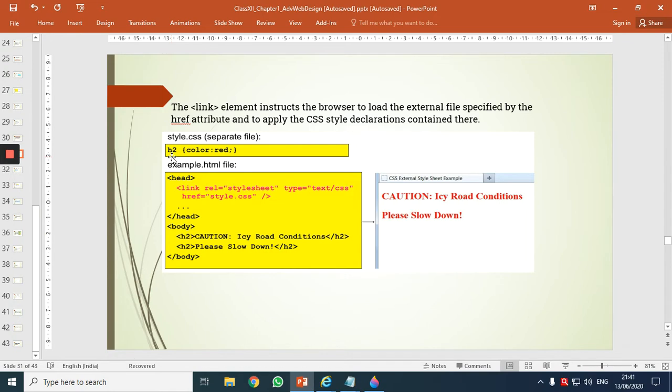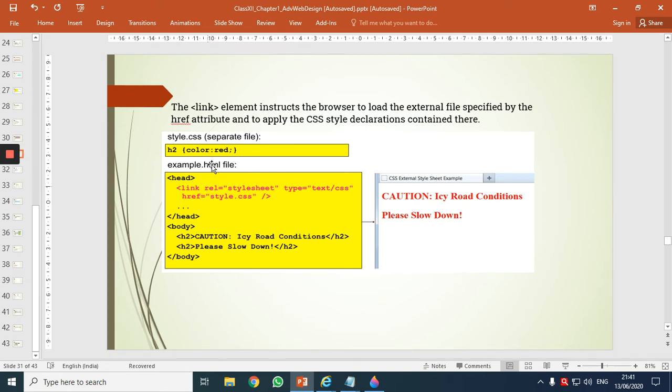So my selector is H2, curly brackets open. Property colon value, color colon red. That means I wish to apply red color to this text. And how will this HTML file know that this text should become red? So I have used a link tag inside the head tag with all the attributes.